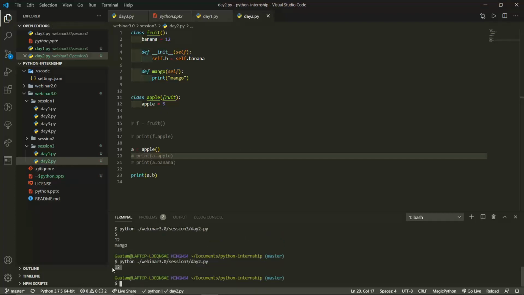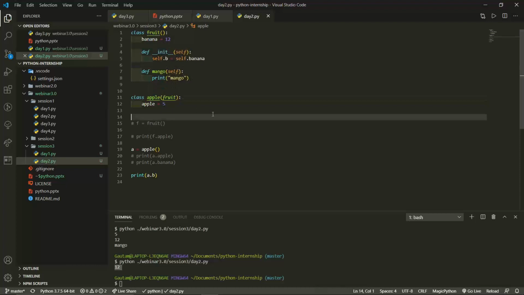You can see we are getting 12. Why did this happen? When we created the derived class, the constructor was automatically called and initialized, and we are getting the data. So this is how it happens.